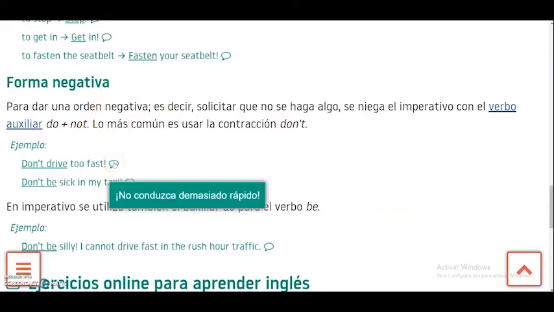Okay? And then you are not using the subject. You are directly saying to the person, don't do that. That's the imperative way. That's why we give the instructions directly to the person. You don't have to say, Maria, don't drive too fast. No. It's don't drive too fast, because you're speaking directly to Maria, giving an instruction to that person